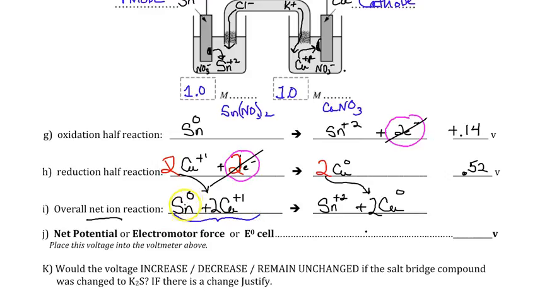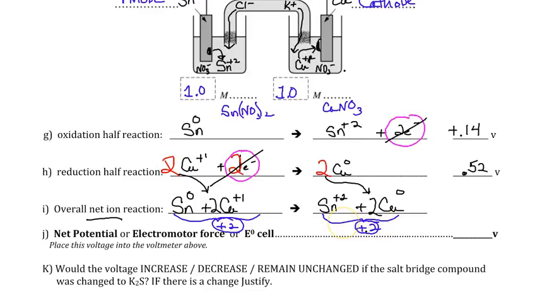Well, tin is 0, even though I'm writing it here. An element by itself with no charge is 0, standalone. Okay, but 2 times plus 1 is plus 2 overall. And 2 times 0, 0 on this side, because you have 1 tin plus 2, and individually it's plus 2, the whole thing is plus 2. So you can see the charge on the reactant side of my overall net ionic reaction is the same as